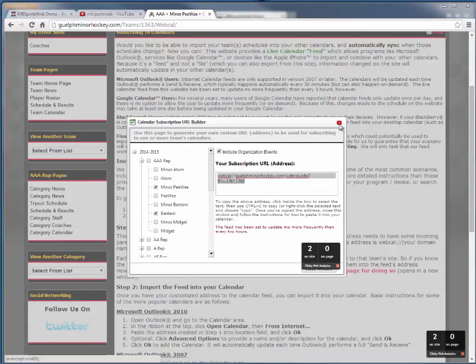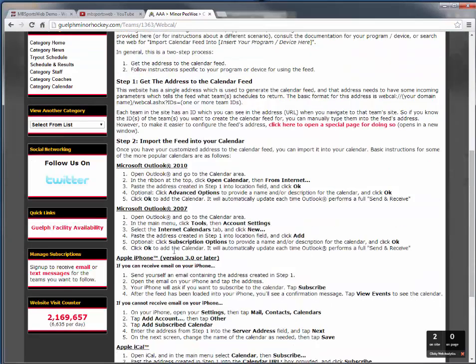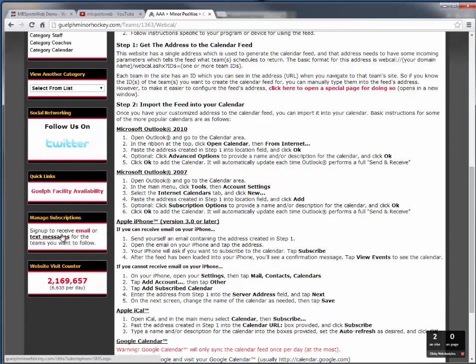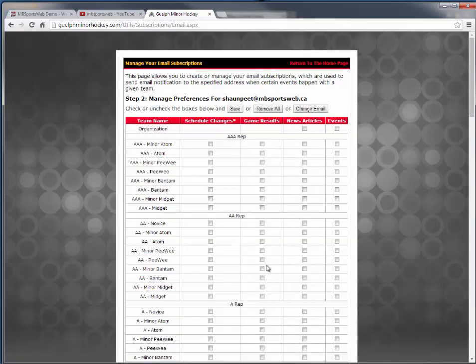Now, in addition to that, if you would like to subscribe for schedule changes to be sent to you by email or text message, in the left-hand column of the site, there's this email or text message option in the Manage Subscriptions area. If we were to choose email, then we would just simply type our email address, hit go, and then that will give us a list of all the teams in the current season,